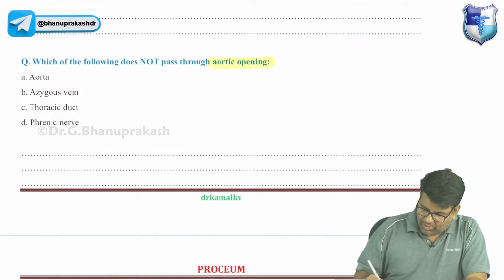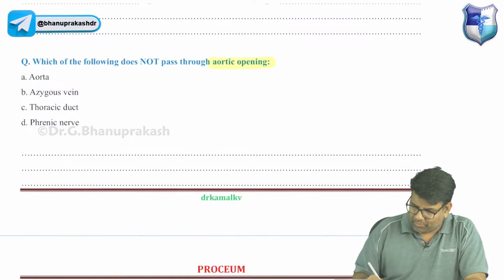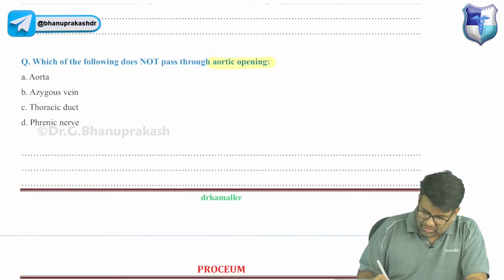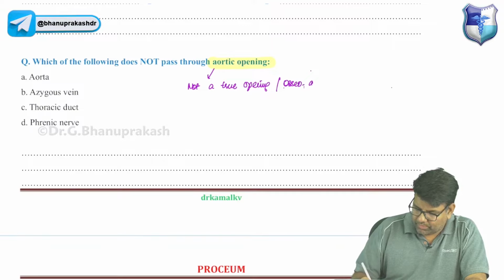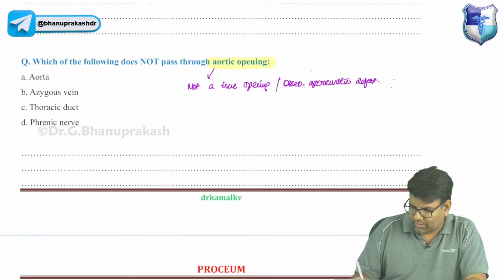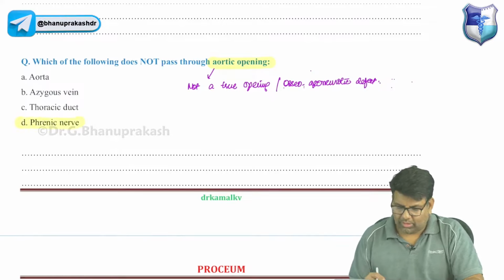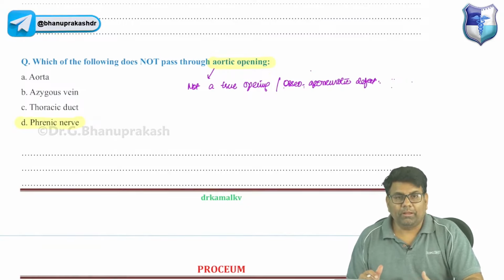Now, the aortic opening is not a true opening. It is an osteoaponeurotic defect. Very good. Everyone is right. Answer is phrenic nerve, right? So, the aortic opening is not a true opening and it is just an osteoaponeurotic defect on